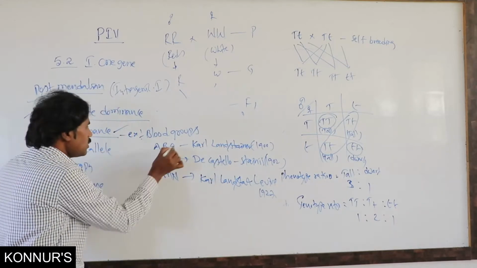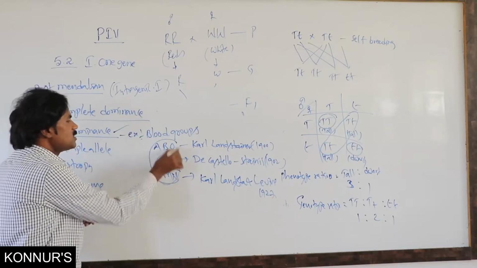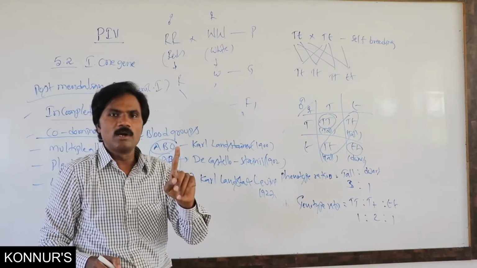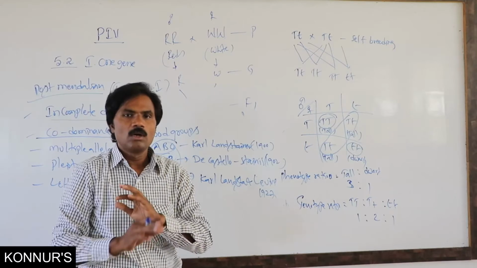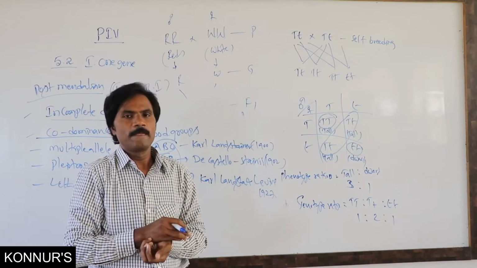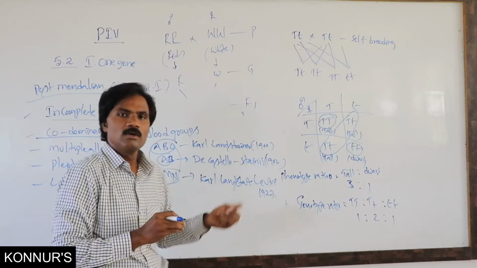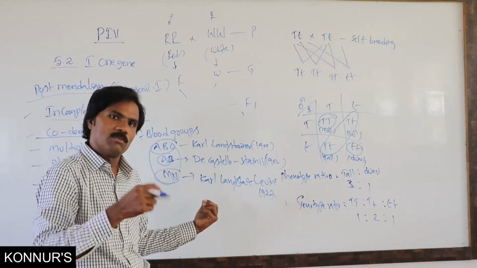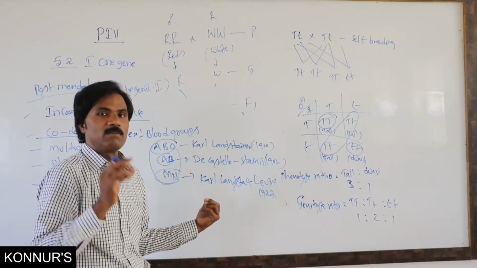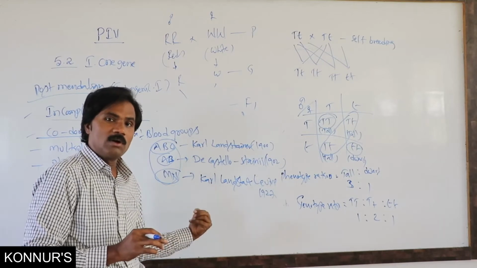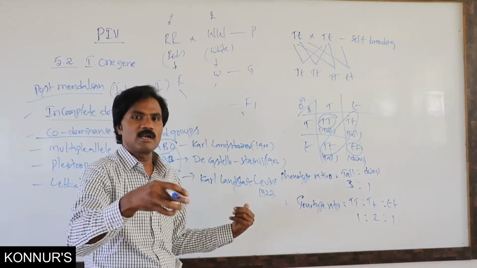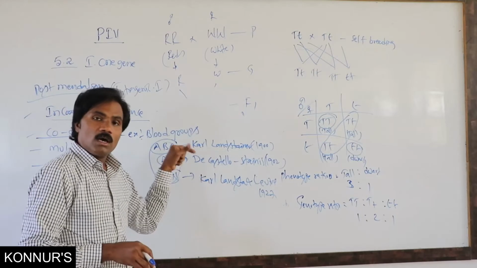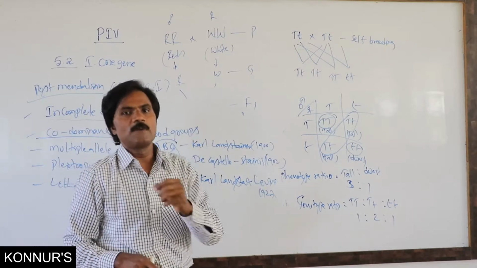In these blood groups, particular antigens are present on the RBC. Suppose AB blood group: in A blood group, A antigen; in B blood group, B antigen; in O blood group, no antigens, only antibodies are present. In AB blood group, both A and B are present. In MN blood group, both M as well as N: if it is M, M; if it is N, N; if it is MN, both. But antibodies are absent in the MN blood group. Among all these, the MN blood group has no particular importance for blood transfusion. It is helpful only for forensic information, because antibodies are absent.